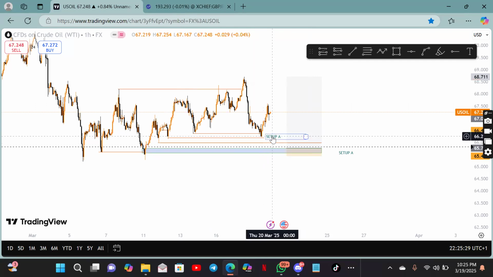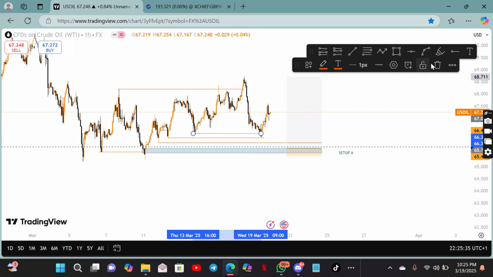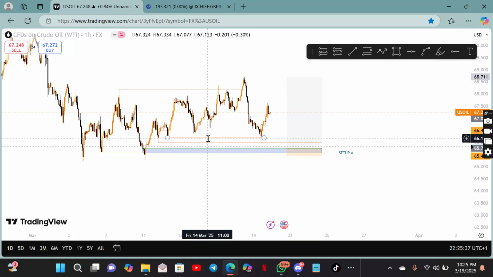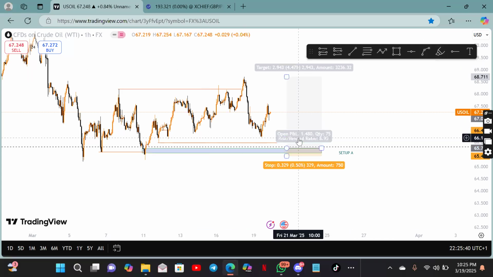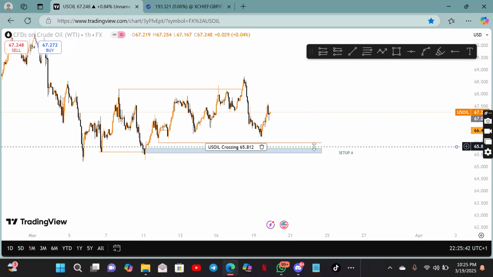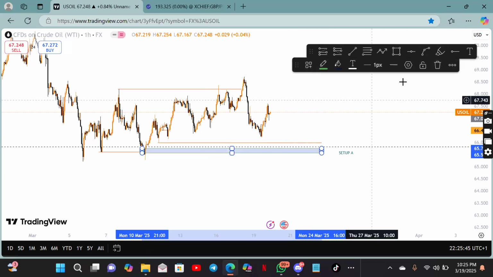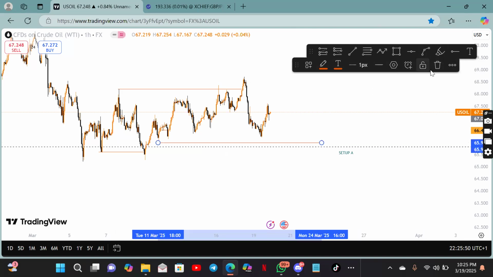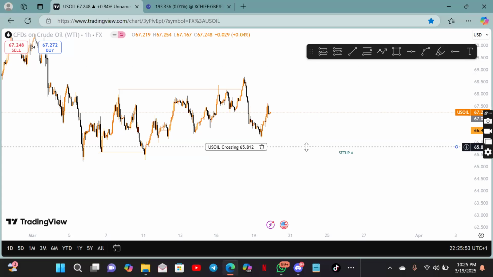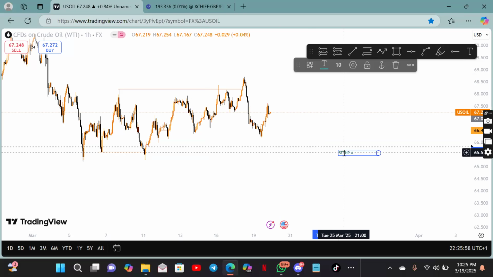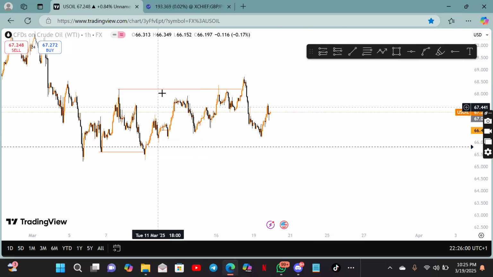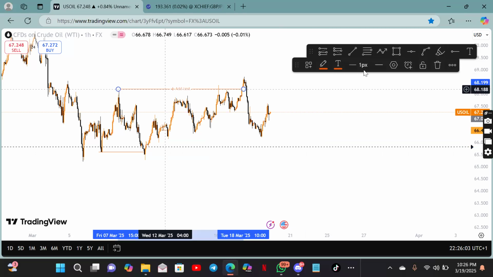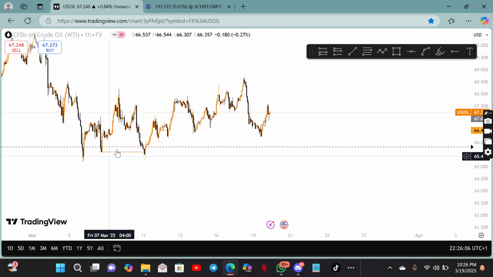Are you seeing it? Just look at the setup very well. Let me clean it. I will draw it over and over again so that you can understand this before we go and do backtesting. You see that I set an alert here. The alert is still on this. If the market comes and touches this particular place, my watch will alert me, then I will come and take the trade.